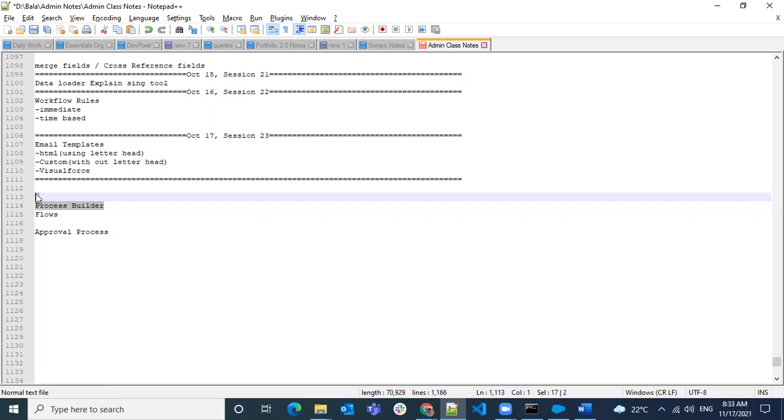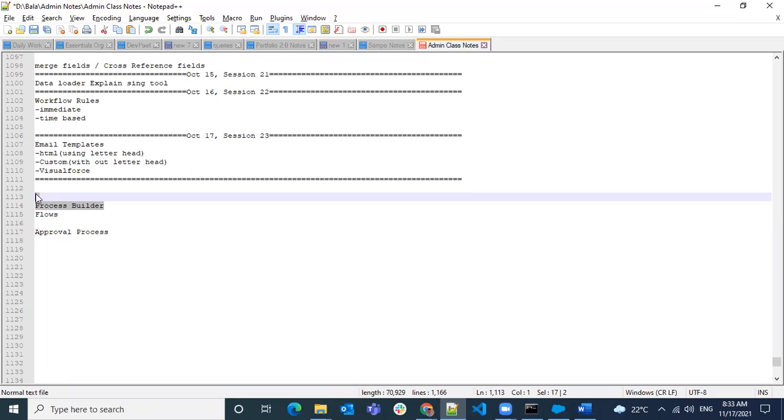The entry criteria for Process Builder is also similar. When a record is created, you want to do it, or created and every time edited. The evaluation criteria will be the same, and you don't have a third option here, but we can leverage the third option even in your different conditions.